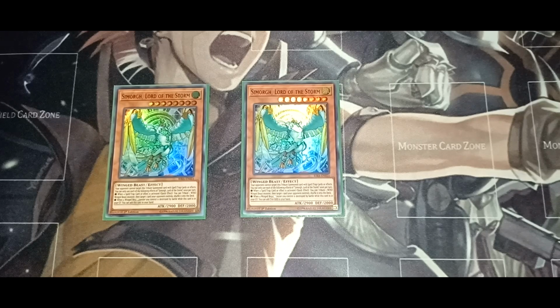So Simorgh, Lord of the Storm, basically, if your opponent activates, your opponent cannot target the tribute summoned card with spell, trap, or effects, and then when a spell, trap, or effect is activated, quick effect, you can tribute a wind monster, then target 1 card your opponent controls and shuffle it back into the deck. So it acts as kind of like a giant Trunade, or a nightmare unicorn that shuffles the card back into the deck,